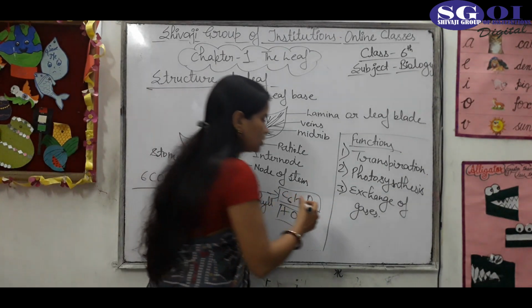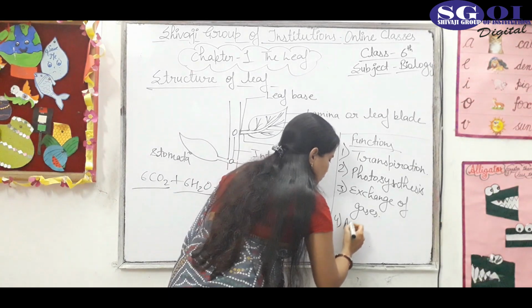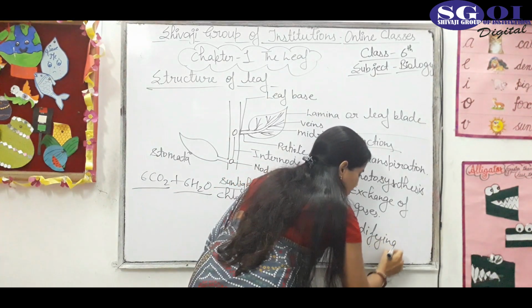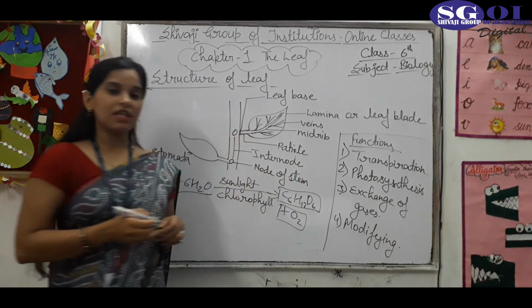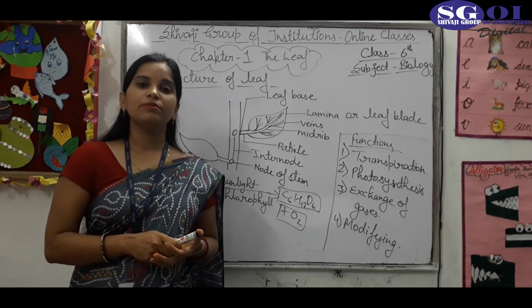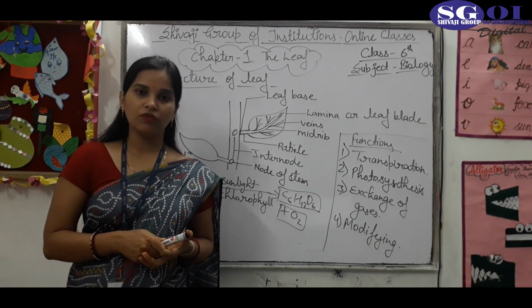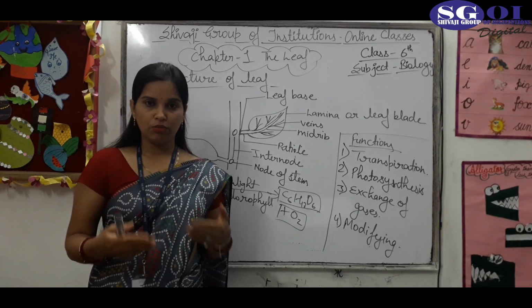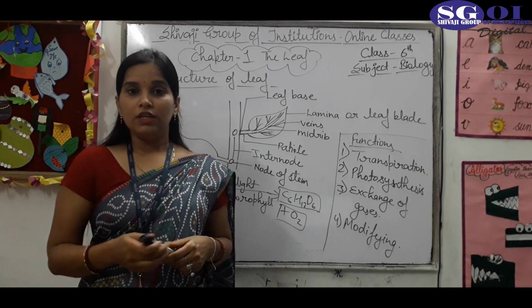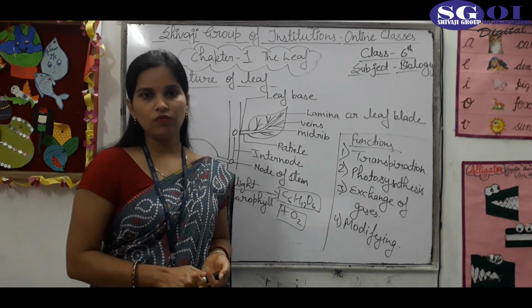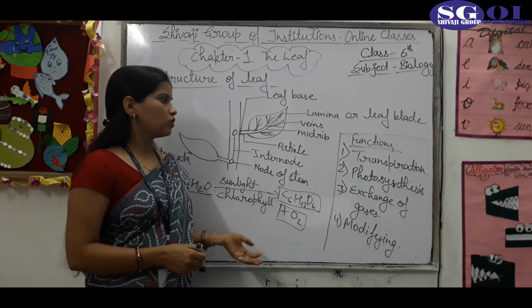And the next function is modification. Actually, various types of leaves are modified into various shapes. Some are reduced or modified into spines, and some are modified into leaf tendrils. So modification is also one of the important functions of the leaves. So this is the structure and function of the